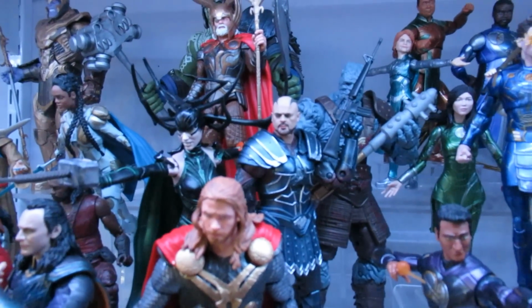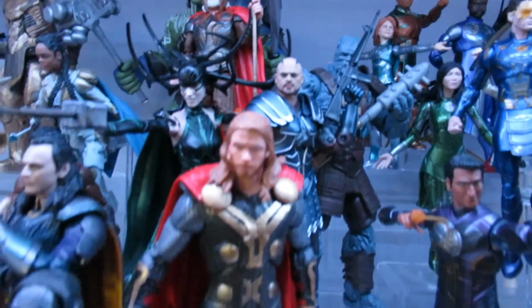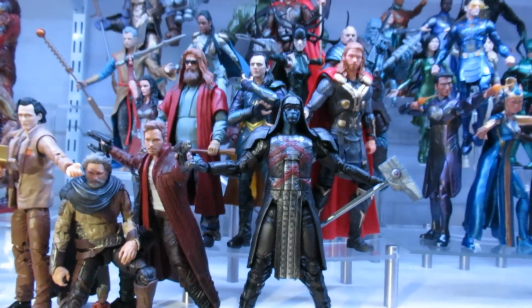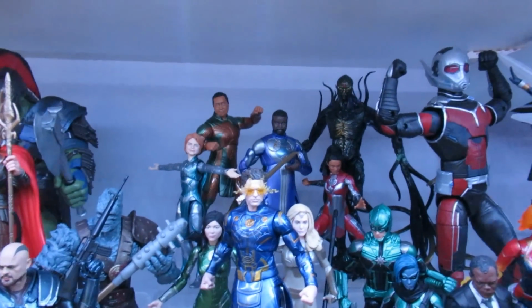Sorry guys, I'm on my bed right now. This is Scourge, Korg, Thor, Ronin,